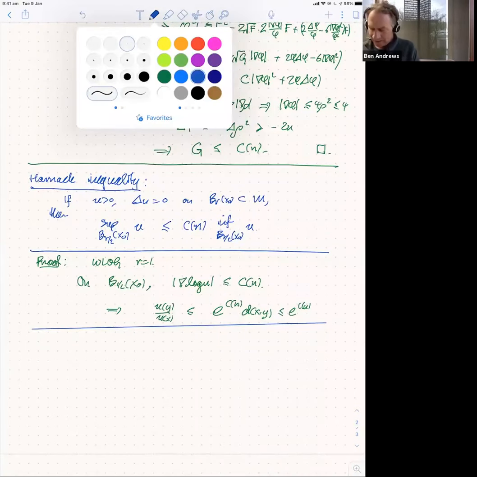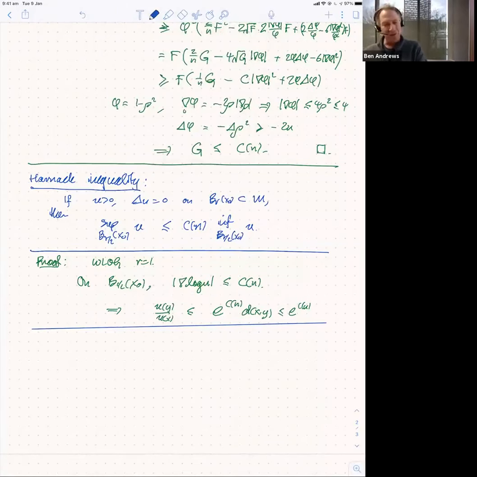All right, now there's one more ingredient that I need to get to the proof of this result on harmonic functions of polynomial growth, and that is a mean value inequality. I think this is first due to Peter Li and Richard Schoen. So the theorem says that,